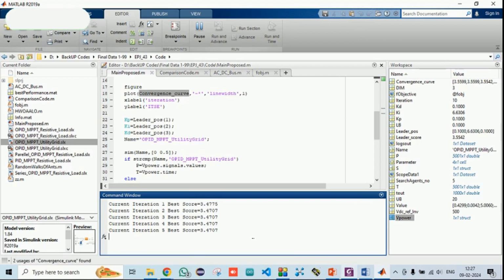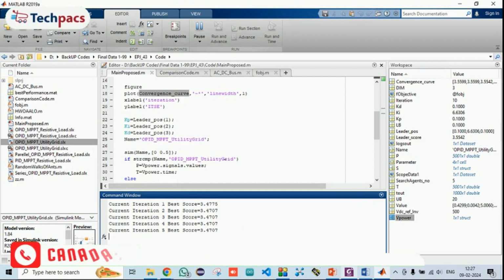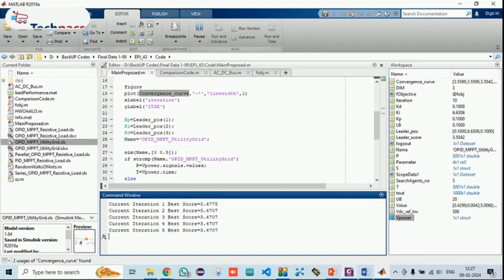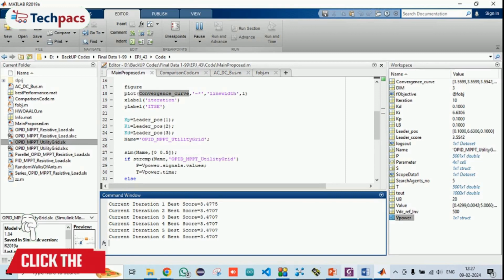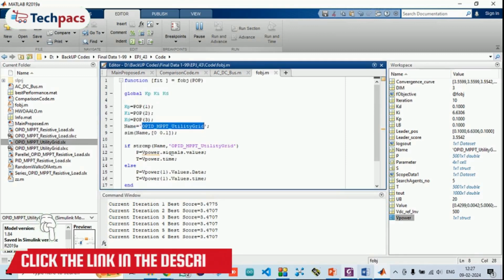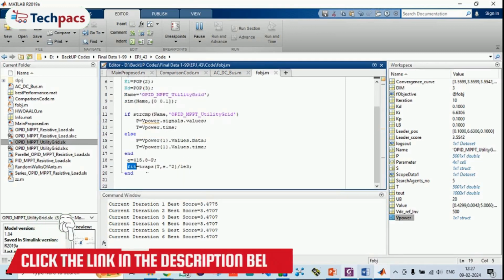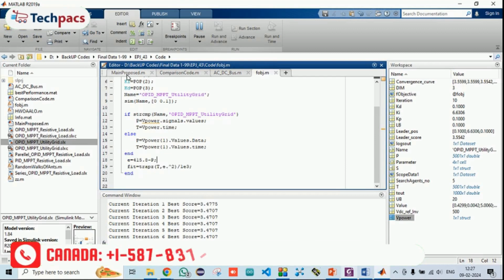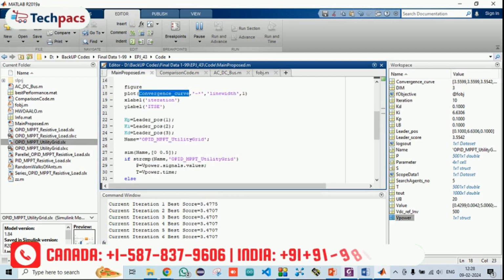In every iteration it is generating a set of kp, ki and kd values, sending them to the model, and simulating that model with those values. On that basis, it gets the parameter values and the time and calculates the convergence. So the fitness is basically calculating the trapezoidal variation of the error. This is the model that is basically used by most of the researchers in order to evaluate the Simulink